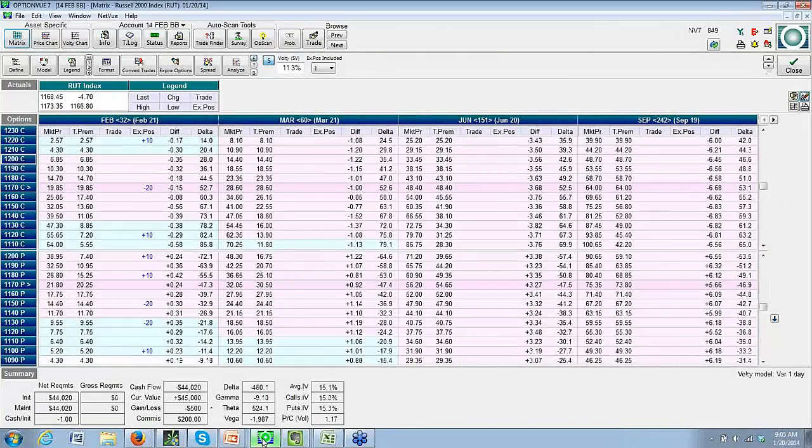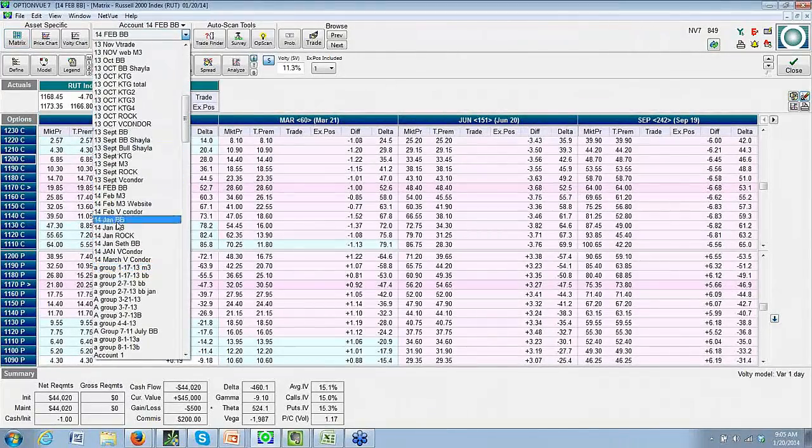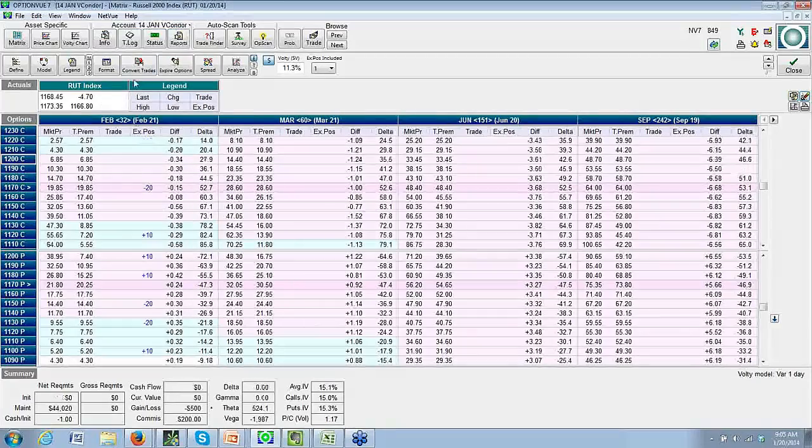If we come on and take a look at our trades, let's start with the January stuff actually. So if I come in, we'll take a look at the January V Condor, and we'll show you what I did with that earlier in the week and how it expired and so forth. So if I come in here and go into the Jan V Condor,